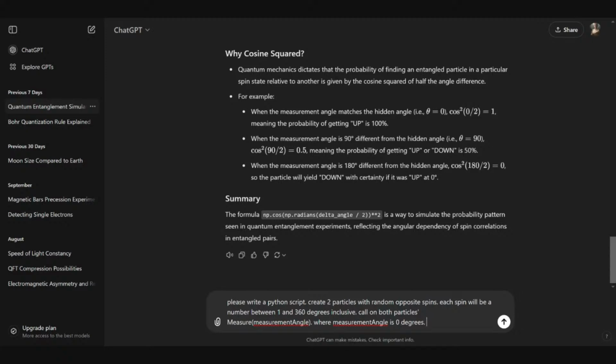Well, measurement angle is 0 degrees. So you call on both of them. Now let's now measure. So what does measure do? Measure should return up or down depending on